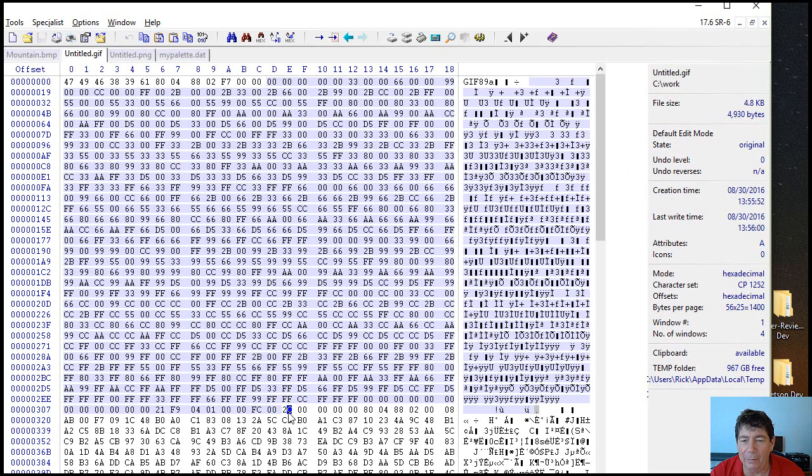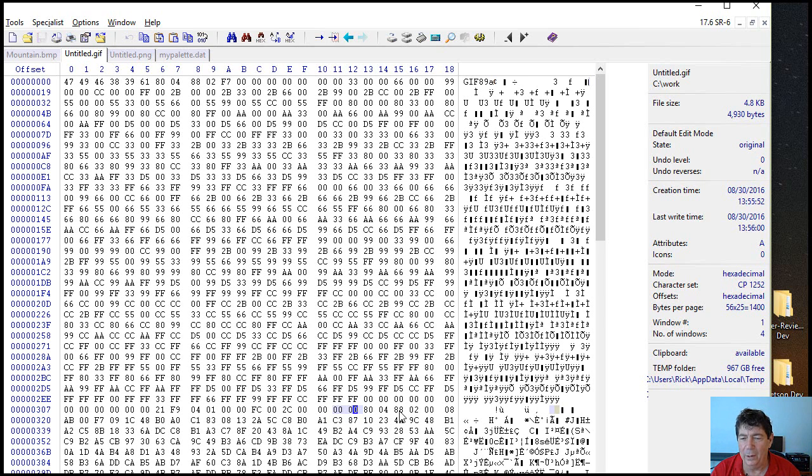Once I'm done with the palette, there's 2C. Okay, that's the separator. Then left is 0, 0, value 0. Top is 0, 0, value 0. And then width and height, 480 and 288. Notice that those are the same as the canvas width and canvas height. As I said, when I wrote compressors, I always save the canvas width and height the same as the image